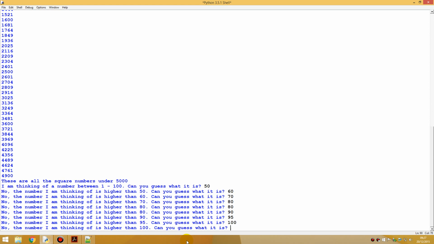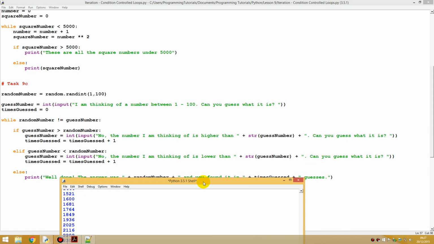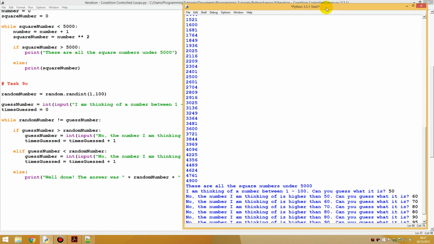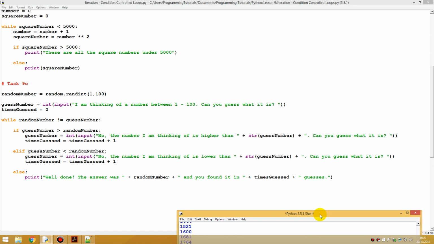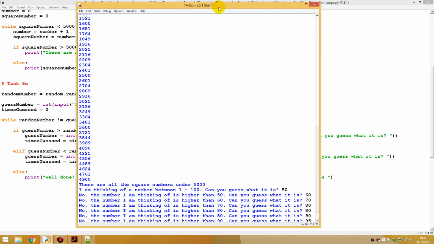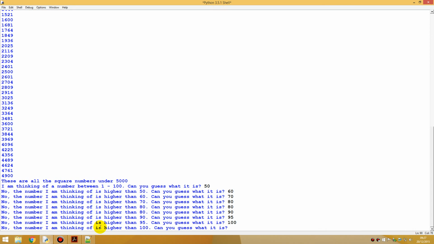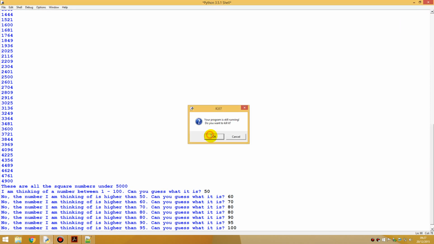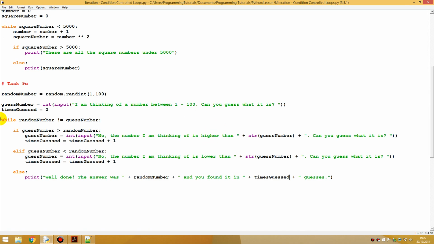Don't turn it to 100. It can't be higher than 100. There must be an error going on over here. Interestingly, the number I'm thinking of is higher than 100. Yeah, there must be an error going on over here. So guess number equals